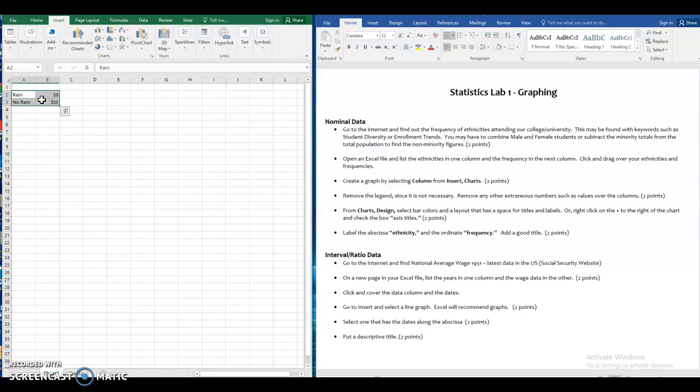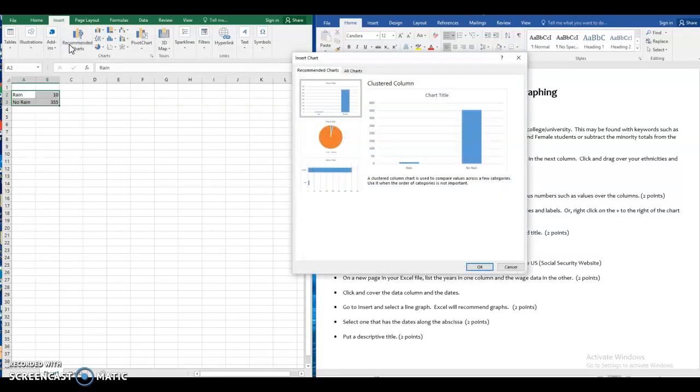There we go. And now we're going to create a graph by selecting to choose a column graph from the Inserts chart. So we go to Inserts. Now, one of the things you can do is go to Recommended Charts. Now, for nominal data, we know we're looking for a histogram or a bar chart or a line chart. So here's one already. So I could just click on that, and then all I would have to do is